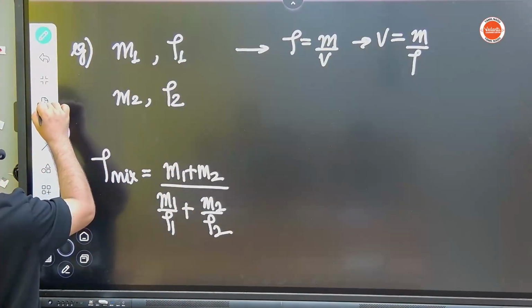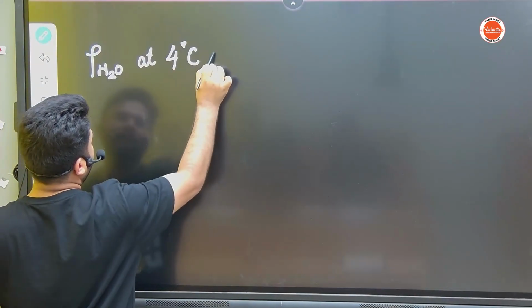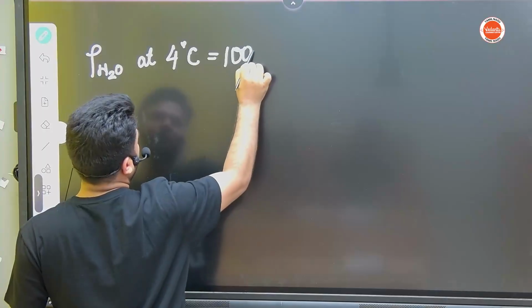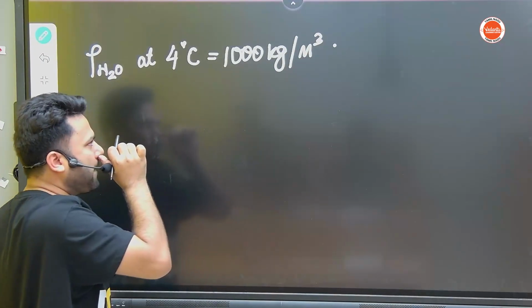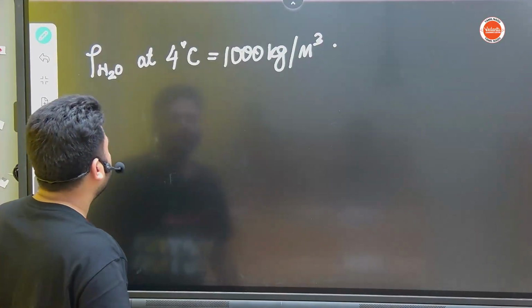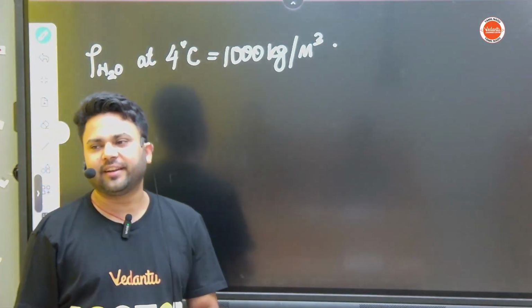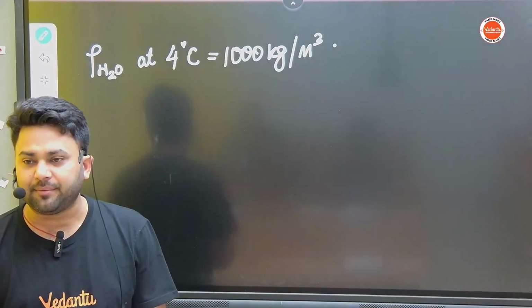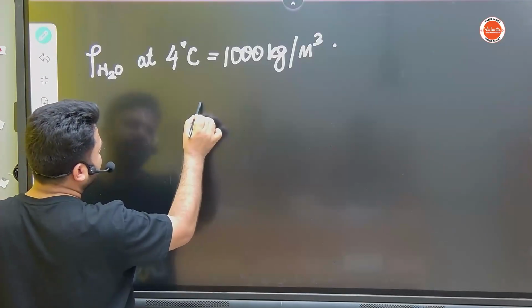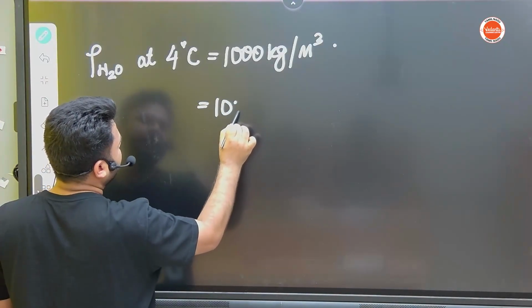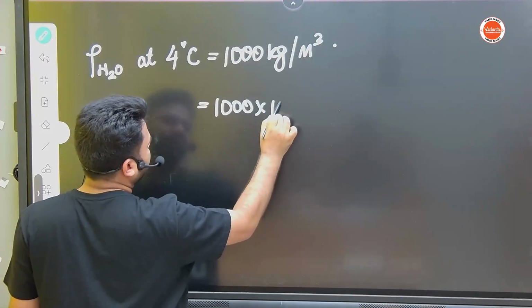Some density values you should remember. The density of water at 4 degrees Celsius is 1000 kg per meter cube. If someone asks what the density is in gram per centimeter cube, sometimes they give it in a CGS unit, while this is the SI unit. So 1000 kg means, since 1 kg is 1000 gram,